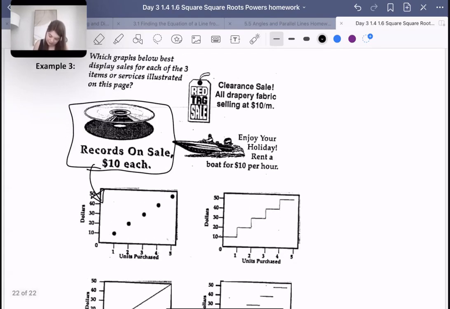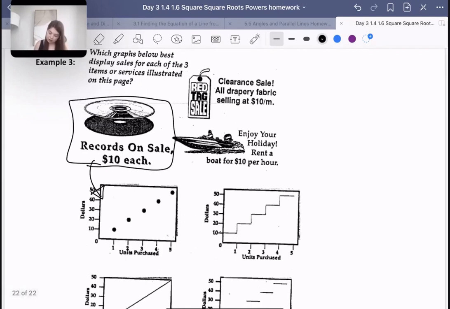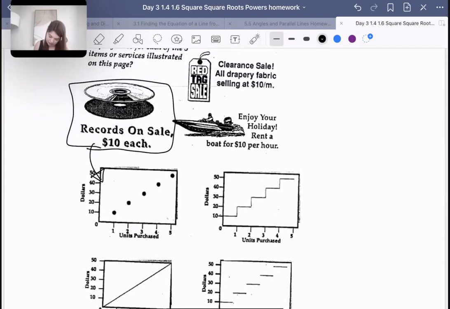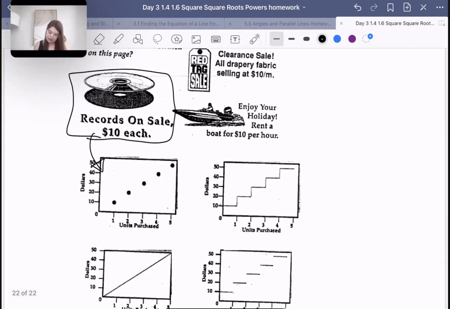What about the next one? It says clearance sale, all drapery fabric selling at $10 per meter. Okay, well, this one is also $10 per unit purchased, but this one we could have halves and quarters, right? For example, 1.5 meters of fabric. Well, that extra half, that isn't worthless, right? That's still an extra part of our fabric that we might need. And so it's not worthless the same way that